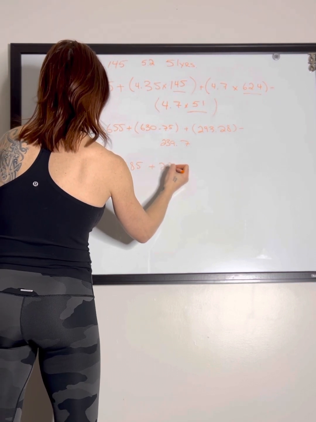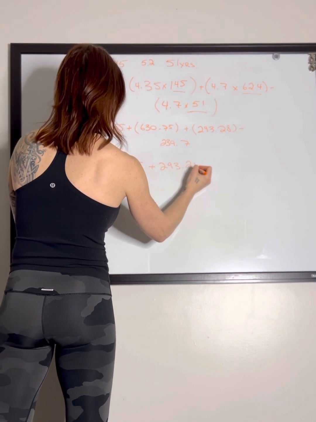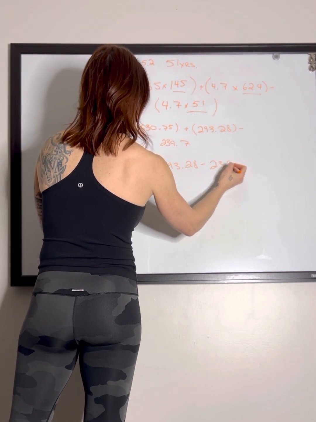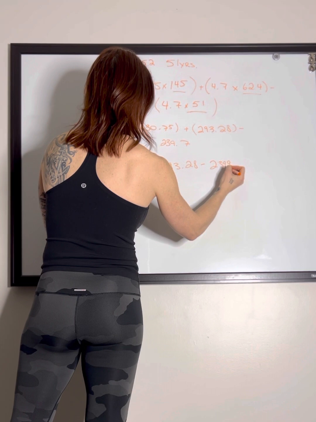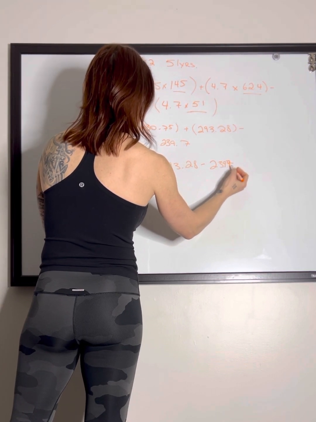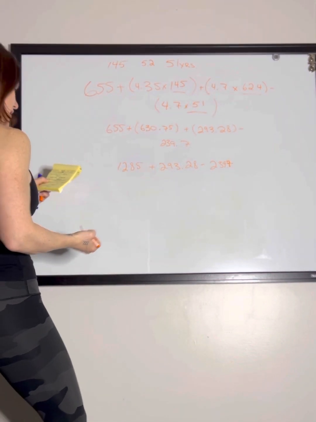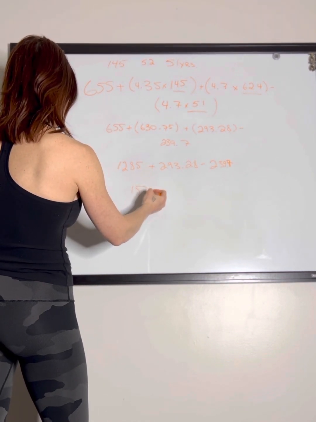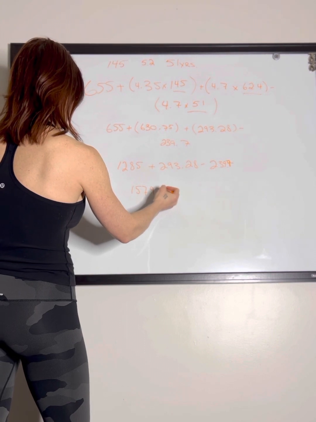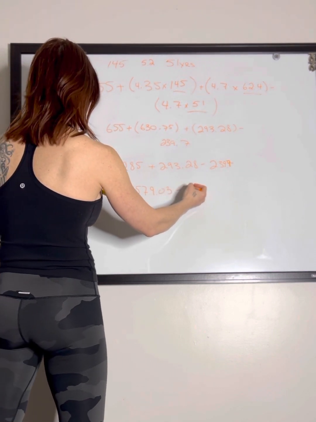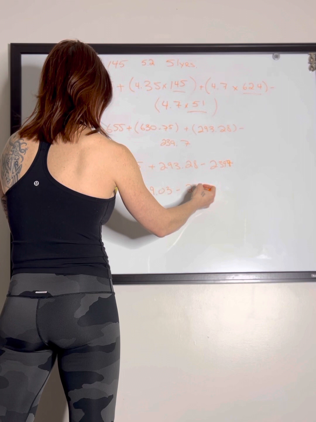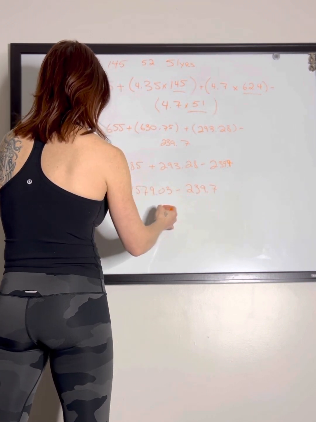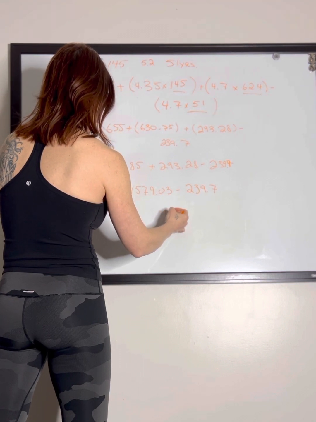Plus 293.28, minus 239.7. Good. Check your work. And then we're gonna go 1579.03, I round up at the end, minus 239.7 gives us a basal metabolic rate of